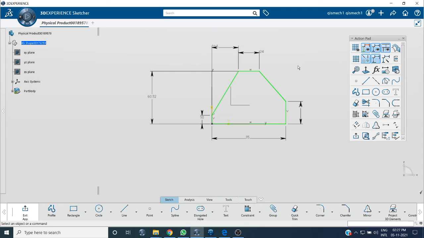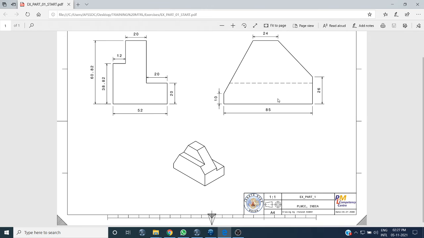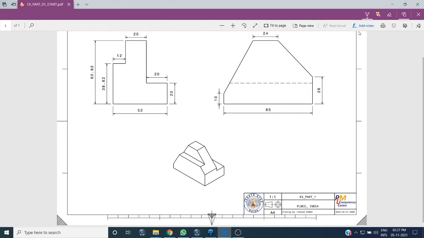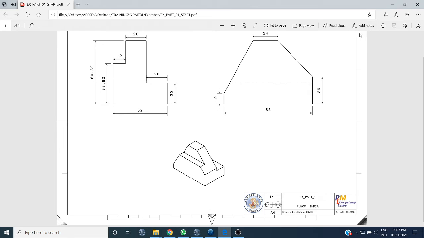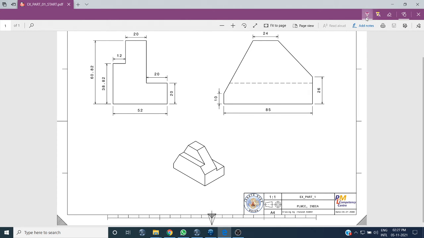Then go for the exit workbench. So what is the pad length now? You can see this is your front view.